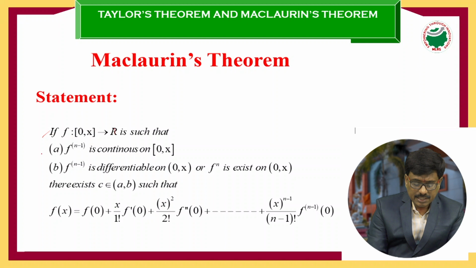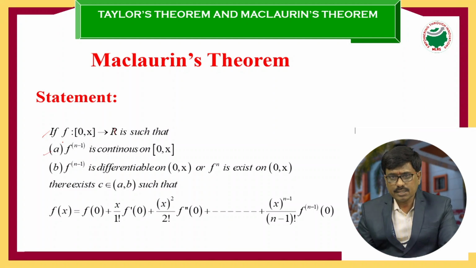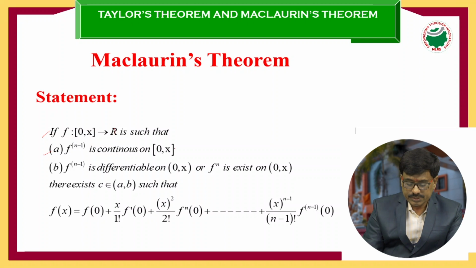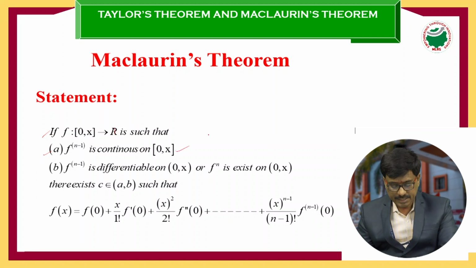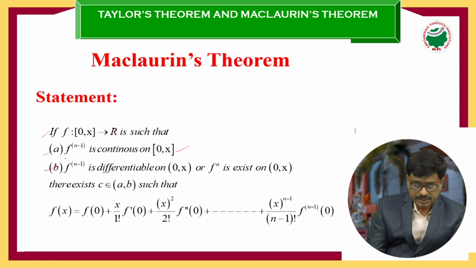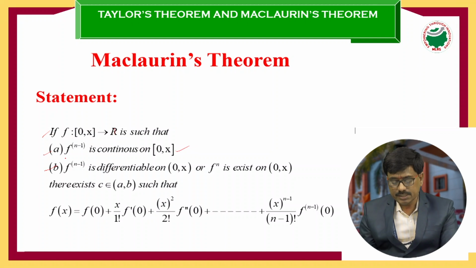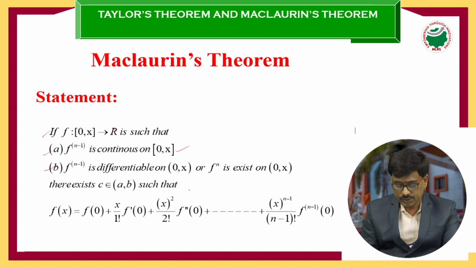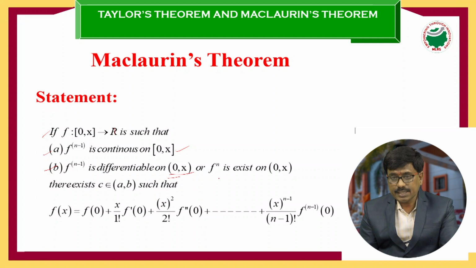Similarly to Taylor's theorem, the (n-1)th derivatives are continuous in the closed interval [0, x], and f power n-1 is differentiable in the open interval (0, x). Then there exists a point c in the open interval (0, x)